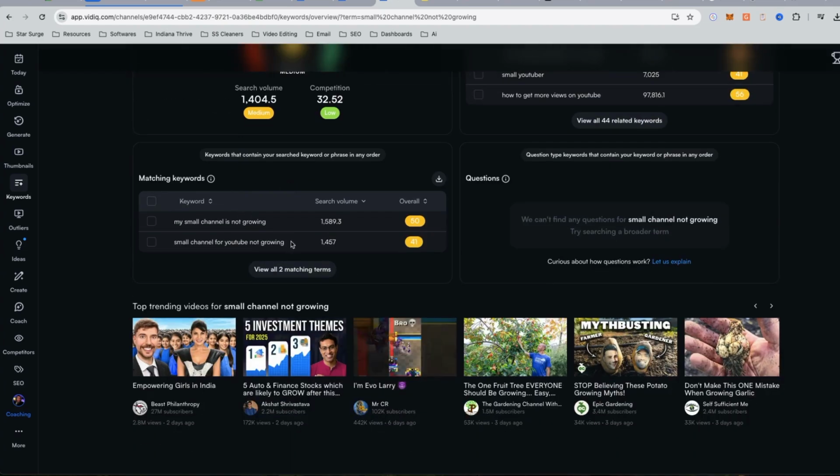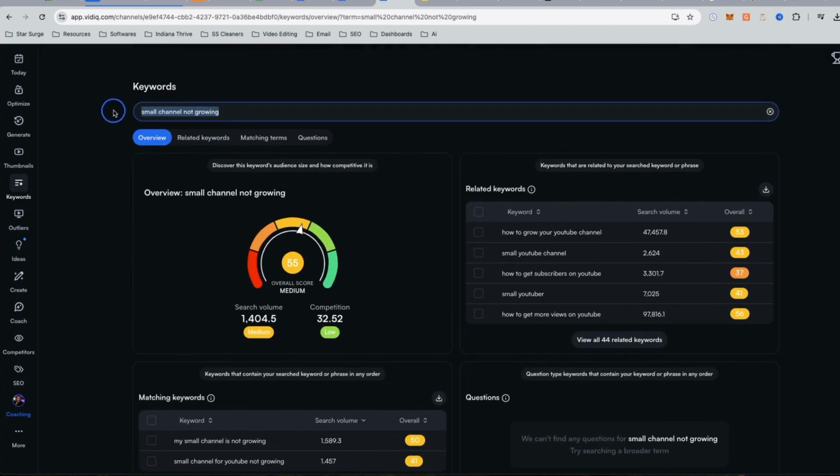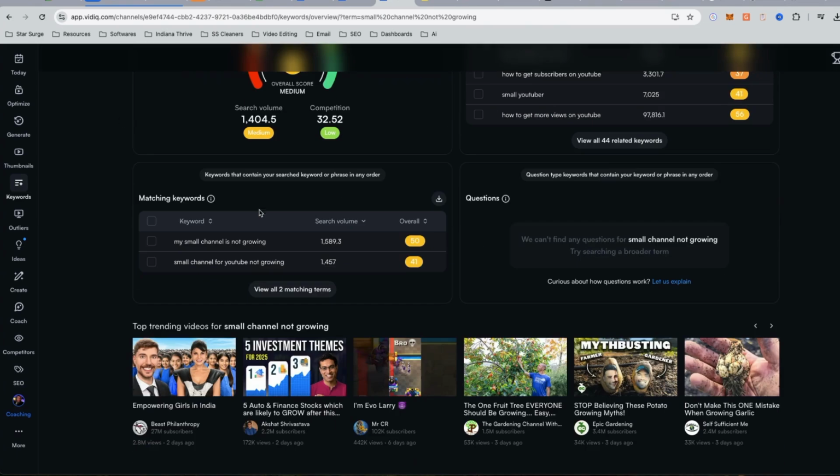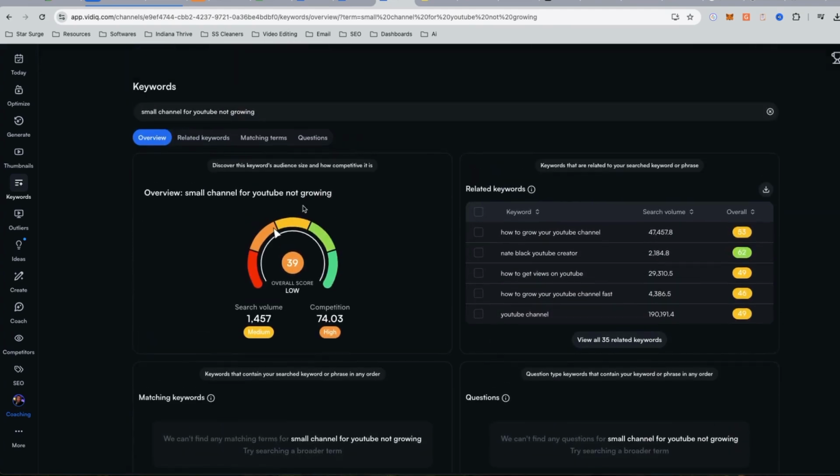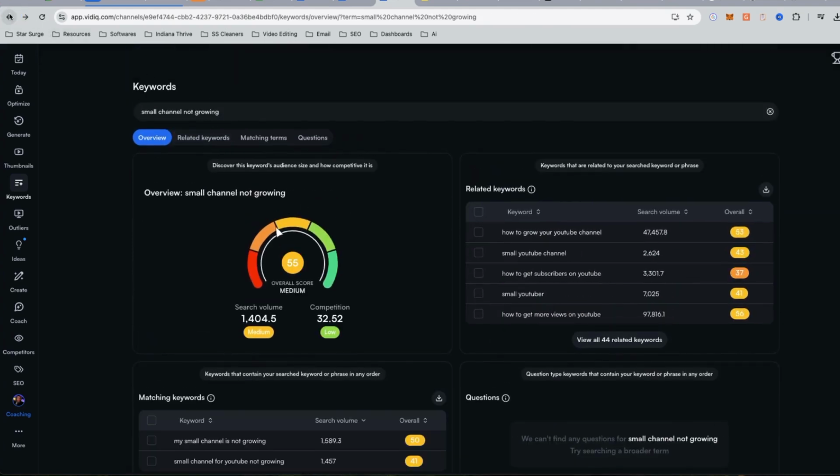Let's try to find another example. Let's go with another keyword. So let's just look up this one real quick. Small channel for YouTube not growing. No, so let's go back to the example of what I was saying. So for this one, small channel not growing, what you would want to do is copy this keyword and then